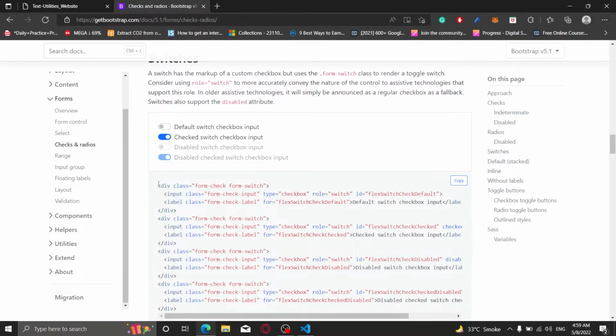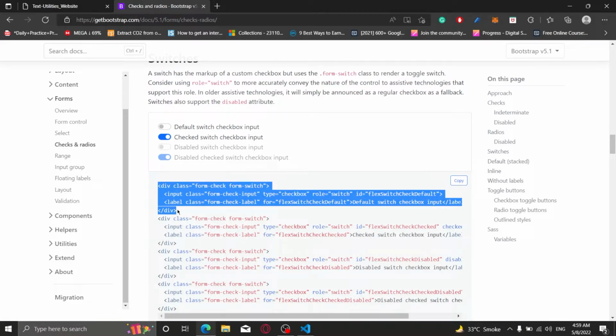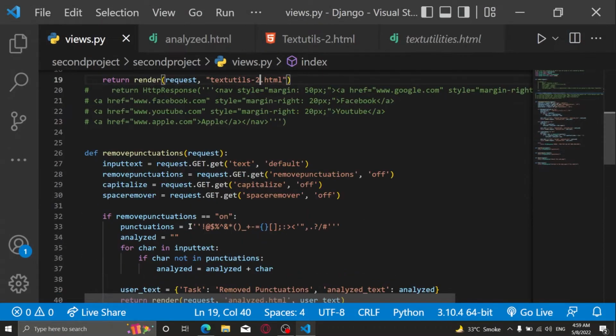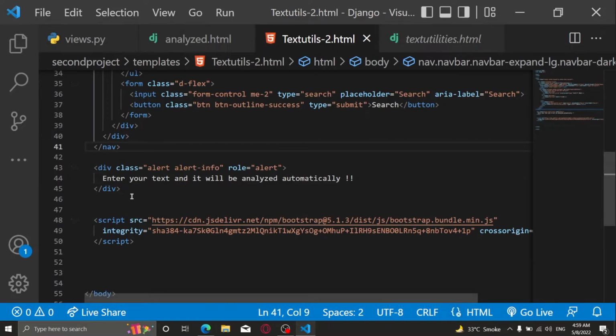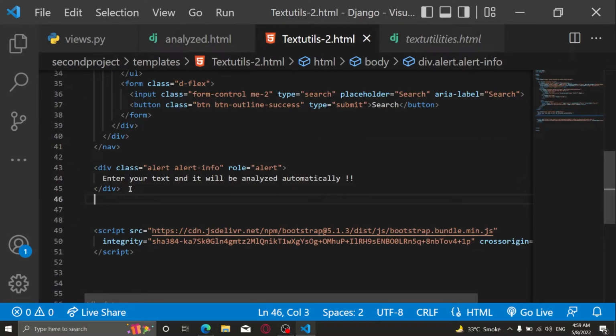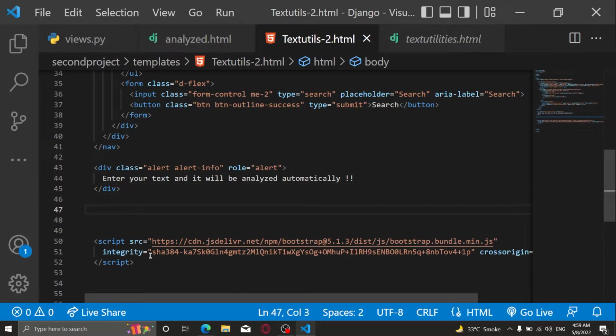We'll select the switch. For switch checkbox, we'll just copy it. Okay. Set the form for where is our text tutors. Here